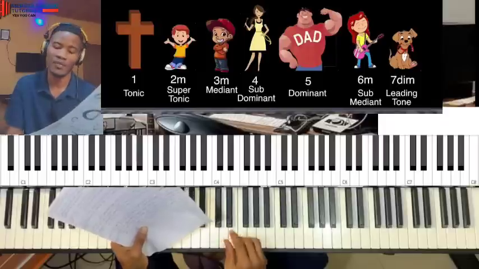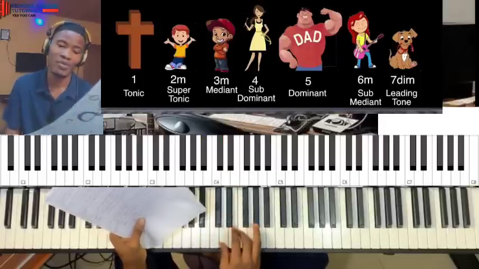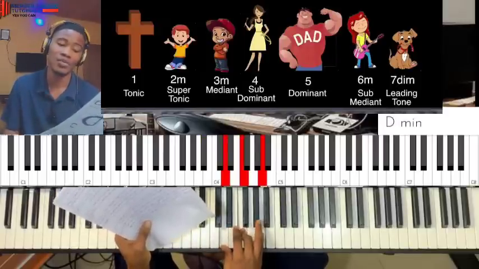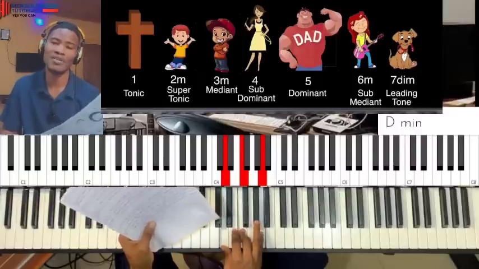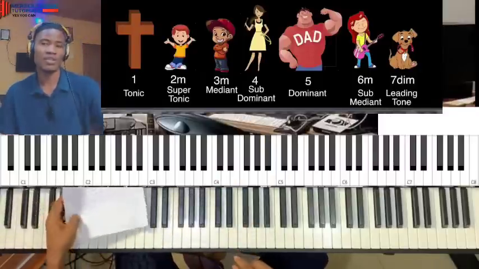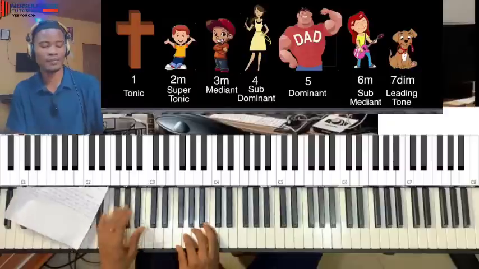Just when you think a song is about to come to an end, she would come in and make the song continue. I will illustrate that for you. So we have a song like